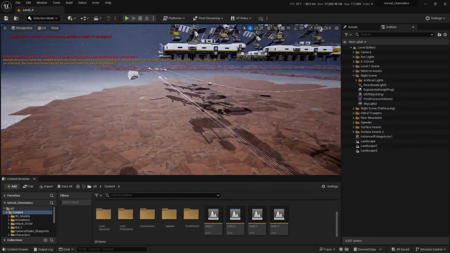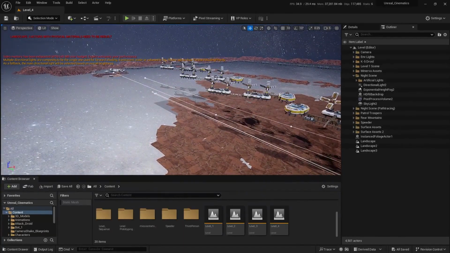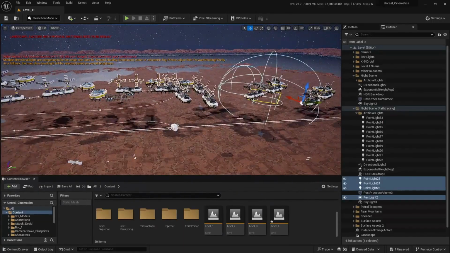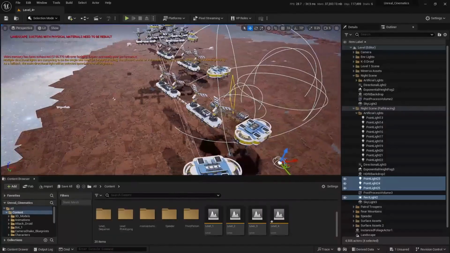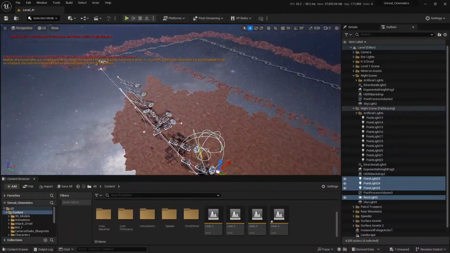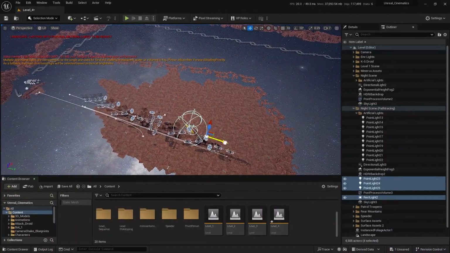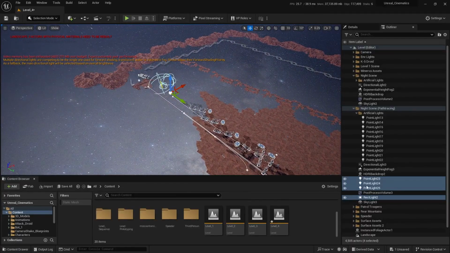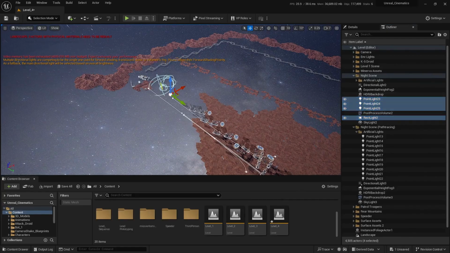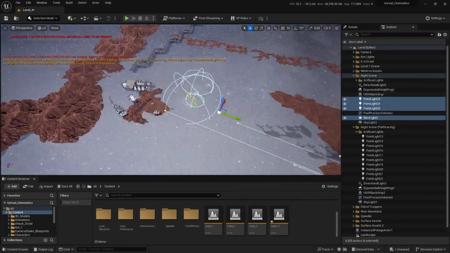I'm just going to go in here and adjust my view, and I'm going to press Ctrl V to paste all those lights. I'm going to press F to focus. There they are. Let's move them on Y-axis and maybe there. I think I should move them to the folder of the night scene that we have for Lumen, and